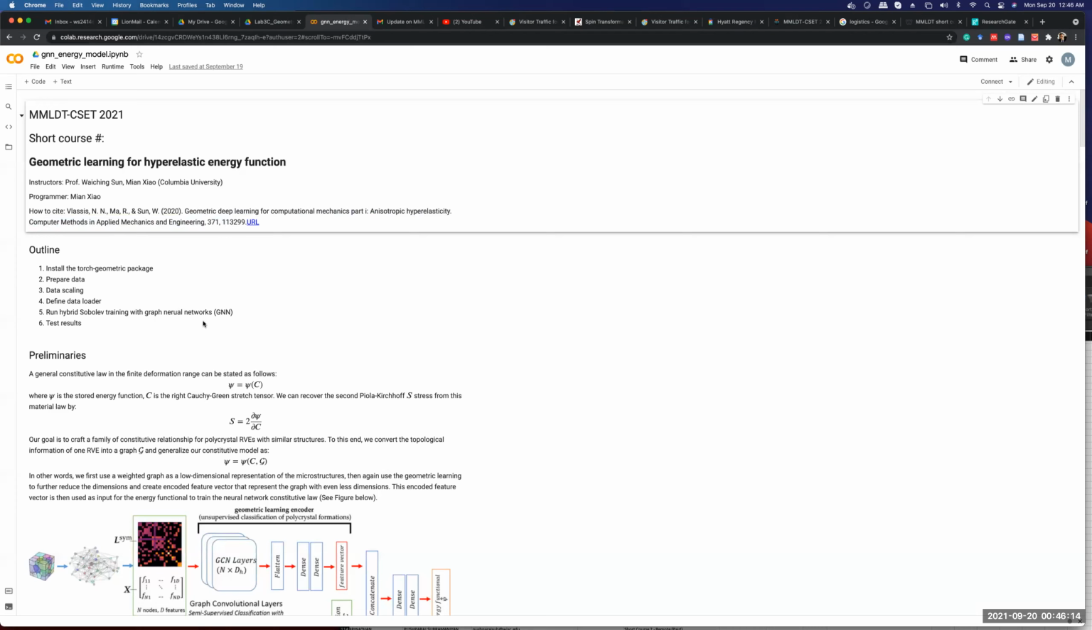So this lecture contains 6 parts. The first part is the installation of the Torch Geometric package that basically provides the convolutional neural network to learn the encoded feature vector for the graph. We will talk about how to prepare the data, scale the data, load the data, and run the subsequent training for the data. Now, in the previous